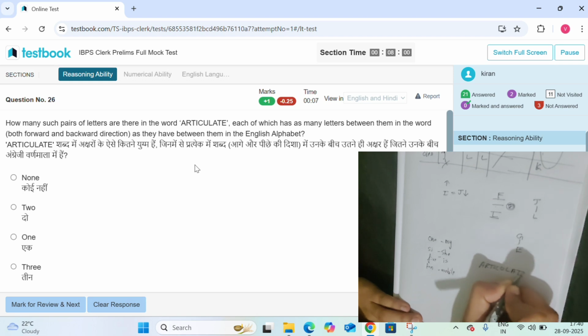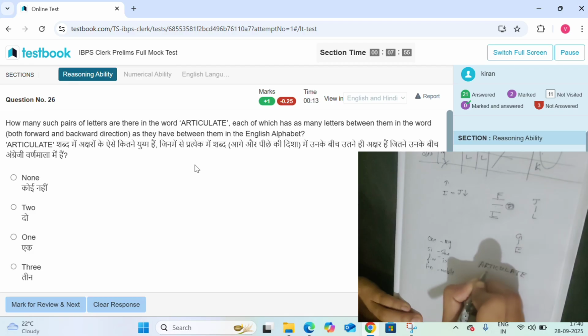Articulate. A B C D E F G H I J K R S T U V R S T U V W X Y Z S T U V W X Y Z no I J K L M N O C D E F G H U V W X Y L M N O P A B C no R S T no E F G H I J K L M N S T U V W X Y Z A B C D E F G H no L M N O P Q R U V W X Y Z no A B C D E F G I J K L R S